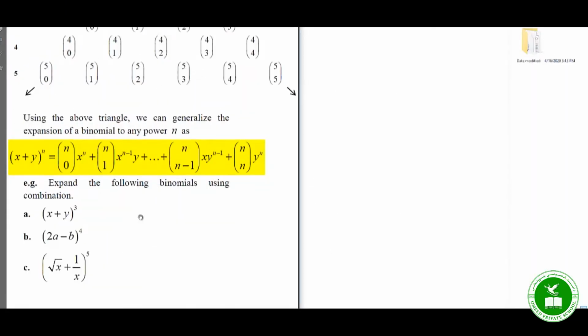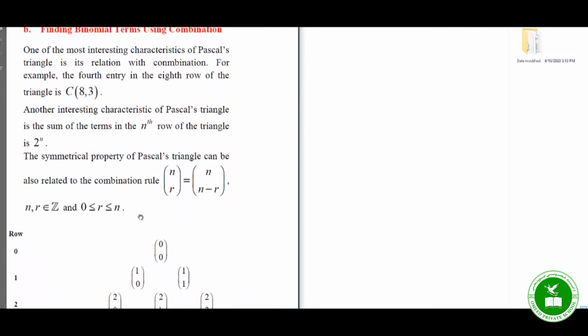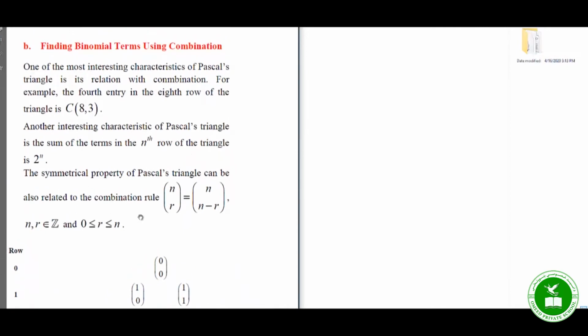In the previous lesson, we studied that we can expand binomial expressions using Pascal's triangle. We also mentioned that we can expand binomial expressions using combination. In fact, there is a relation between Pascal's triangle and combination. What's that relation? Let us show it by